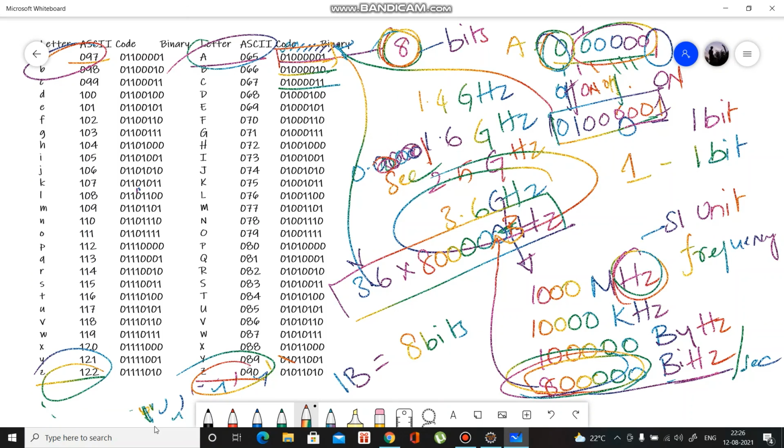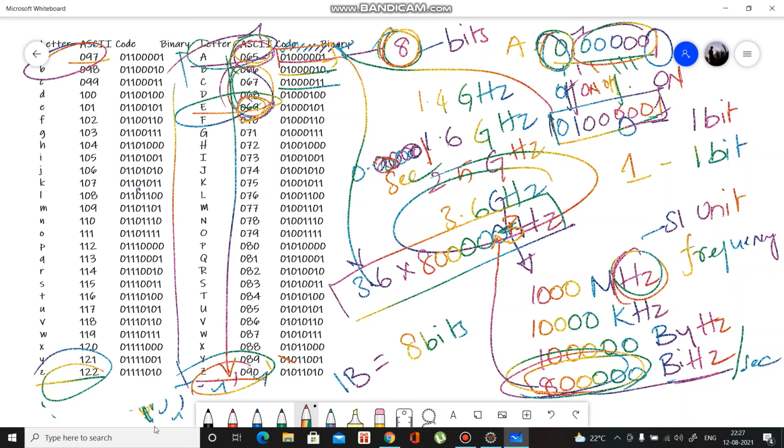If someone asks you what is the ASCII code of E, then if you remember A, it will be easy for you. 65 plus 4, it's 69, because E is the fourth character after A. These are all in an organized and orderly way, no need to worry about it. If you know one letter and how many alphabets are there from A to Z, then definitely you will be able to answer everything.